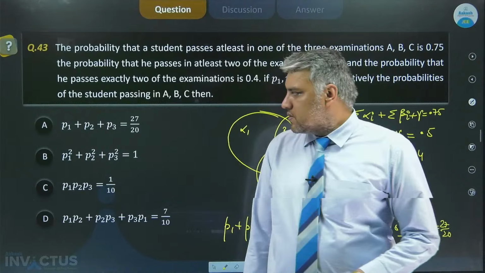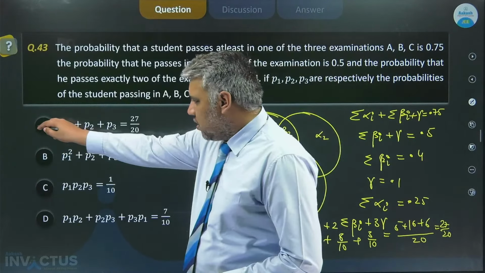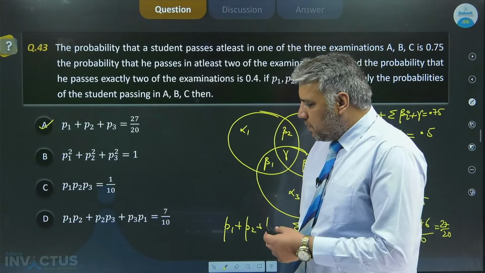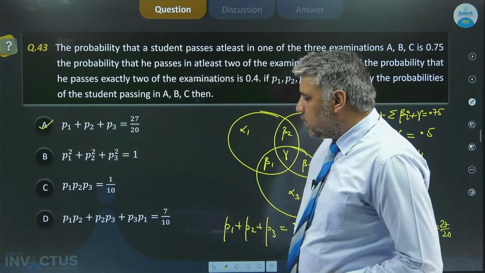We can comment here like this. So obviously option A is correct. Now we have to comment on P1, P2, P3, the product of two taken at a time,